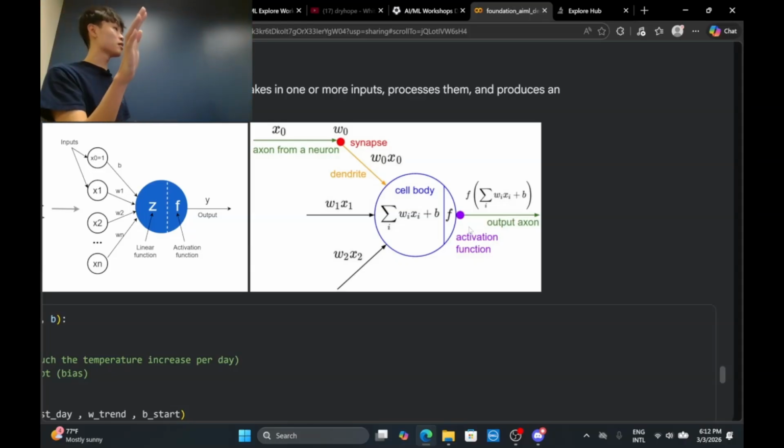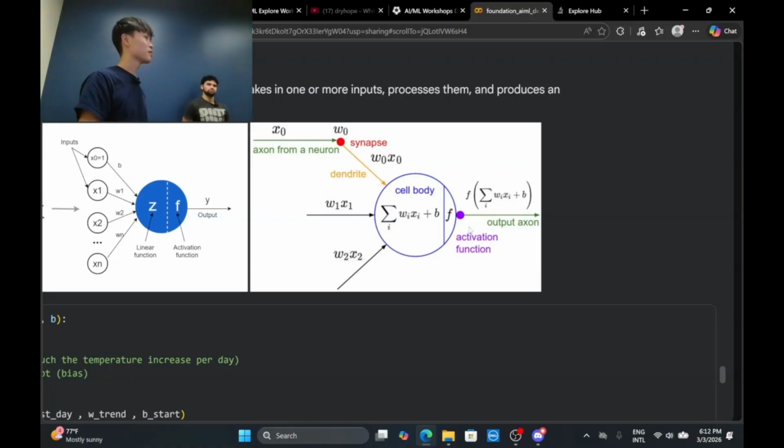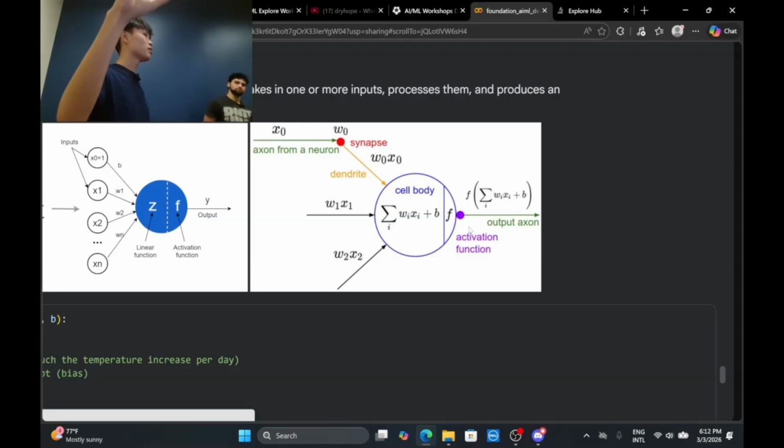Yes, it's passed to another linear regression inside. Each of the neurons is basically linear regression and logistic regression combined. So the process will be the same throughout the neural network.